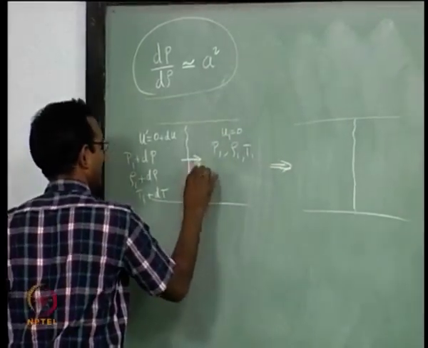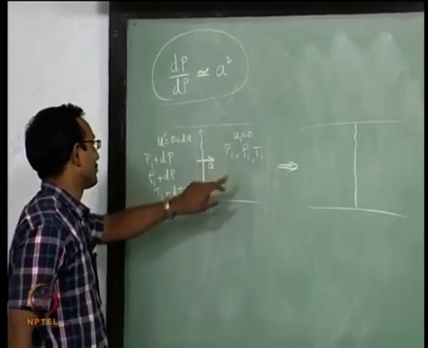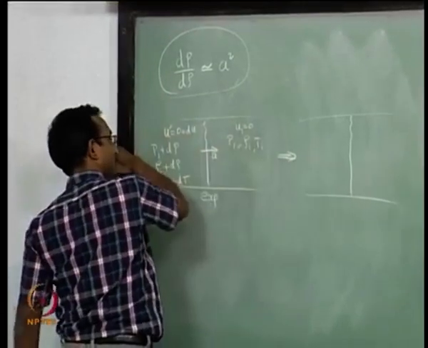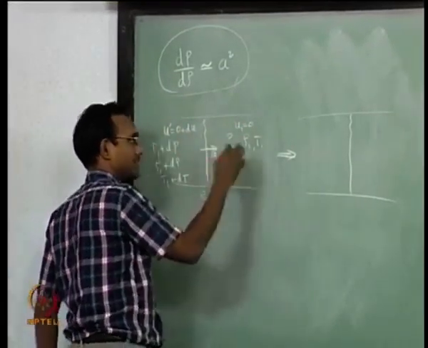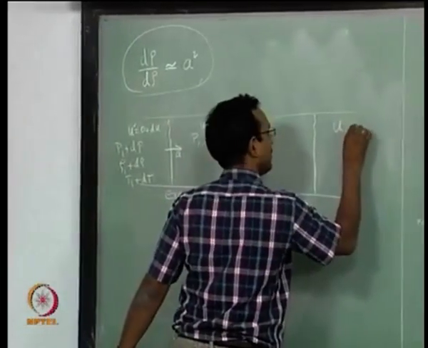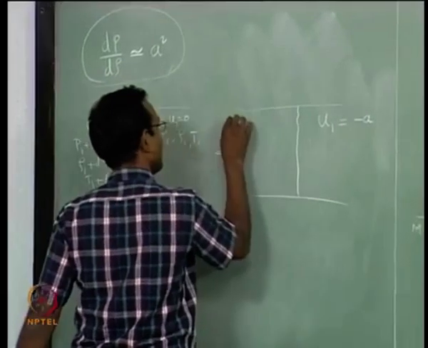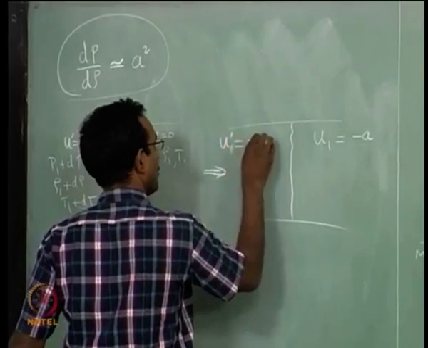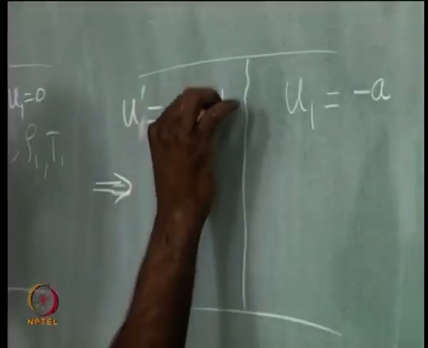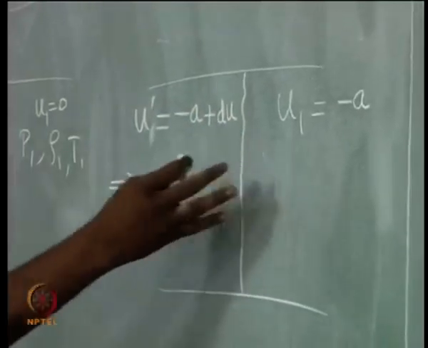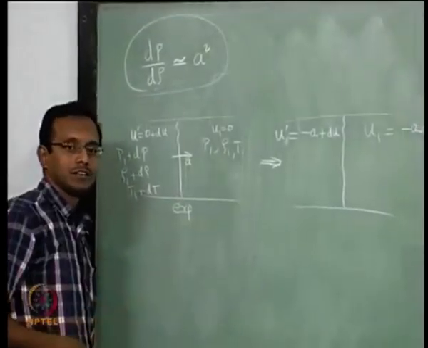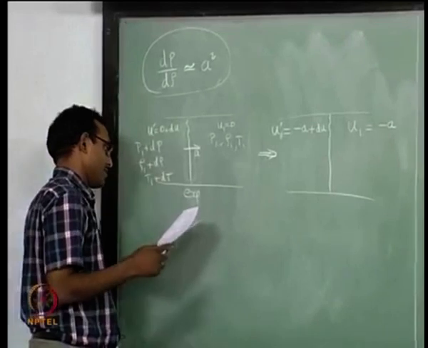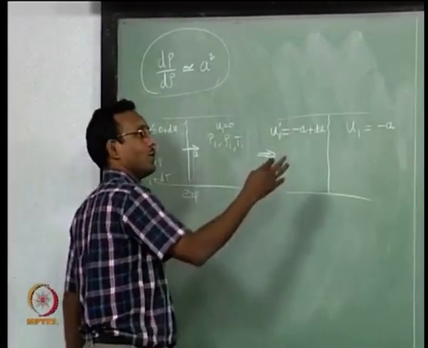This is my velocity, let us say is a. It will be exactly a if u1 is 0. Okay. So, if this is a, then I will impose a velocity to the left everywhere in all the velocity fields. So, my u1 will be equal to minus a, and here u prime equal to minus a plus du, and all the pressure, density, temperature will just be varying by dp, d rho, dt. That does not change anywhere, only the velocity field changes with a change in coordinate system. Okay. So, if this is the case, now we have already solved this problem.